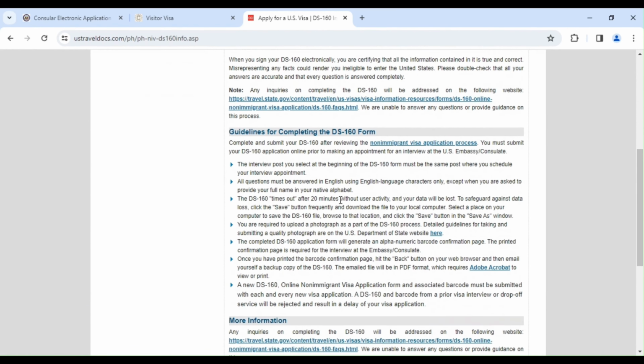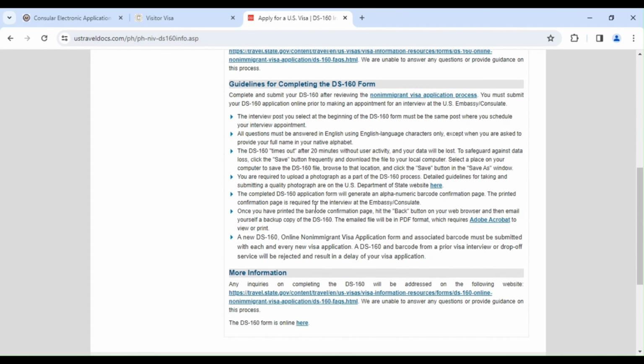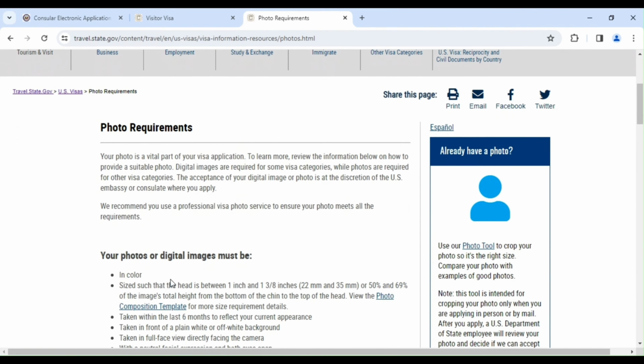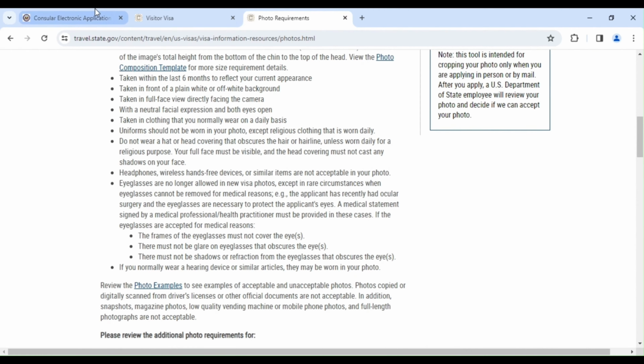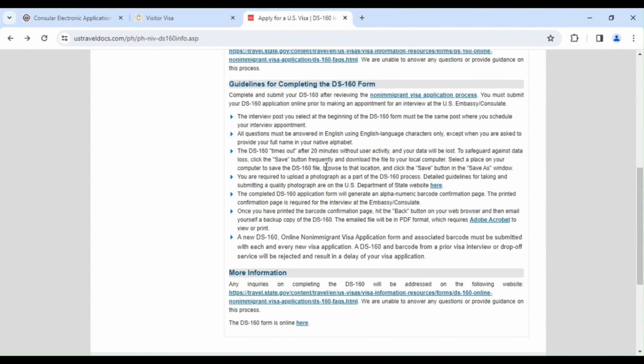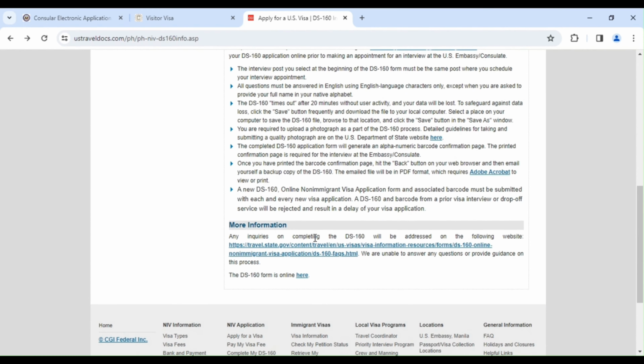There are guidelines for completing the DS-160 form, so you can actually find answers to your questions if you get confused. At the end of filling out the DS-160 form, you are required to upload a photograph as part of the DS-160 process. Detailed guidelines for taking and submitting a quality photograph are here on this website. So let's go to